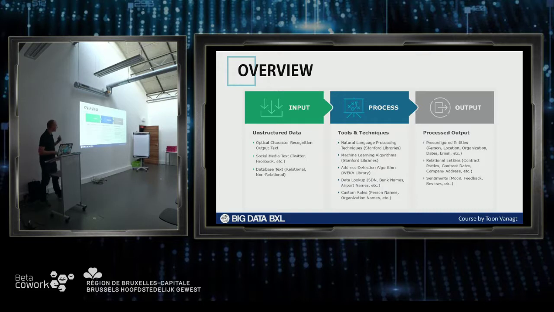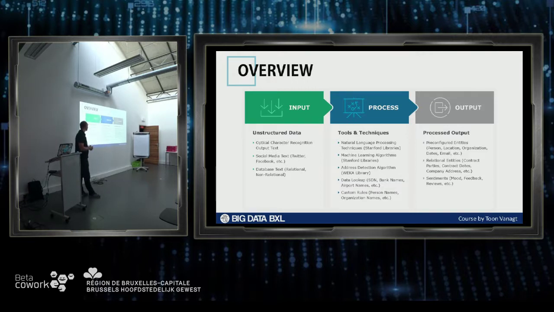Typical stacks, and I said I can smell the pizzas now, so I'm going to go very quickly through it, but you have input, unstructured data, you have the processing capabilities, you have all sorts of tools. You get the slides afterwards, so you can go and just Google. There are free open source Stanford libraries for NLP, that's natural language processing, machine learning algorithms, and address detection algorithms. So these things just come out of the box. Yeah? You don't have to build the entity recognition capability yourself. You just take the Weka library and it will work.